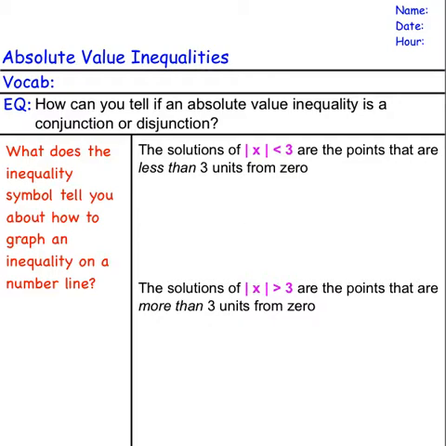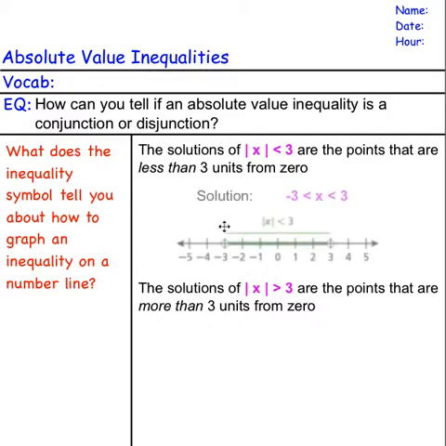These are going to be the ones that result in the conjunction, or the and statement. If we graph things that are less than 3 units from 0, you get a situation like this, where you have negative 3 is less than x is less than 3, the conjunction,